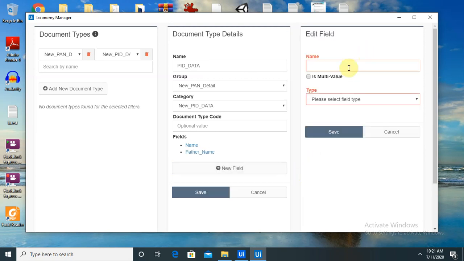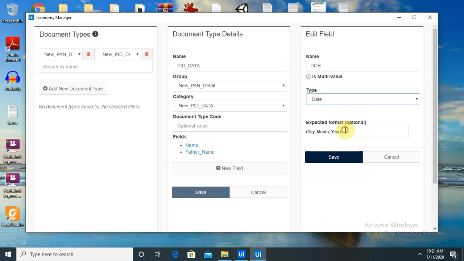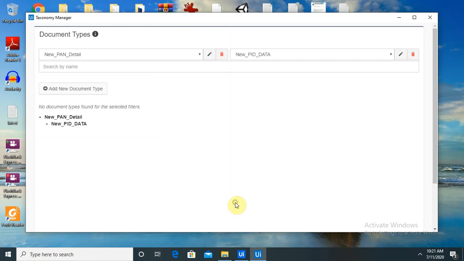Third field we are going to use is DOB, or we are extracting DOB. So this is a date format. We need to provide the date format as well, so DD, MM, YY format we will require. Save this. If you want to add any other field, definitely you can go ahead with this, but I want these three details. Click on save.